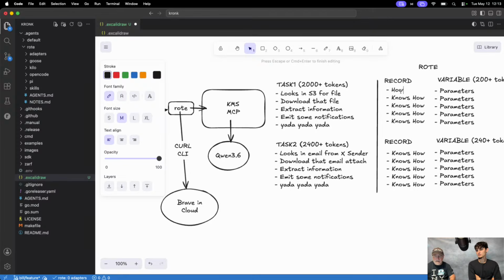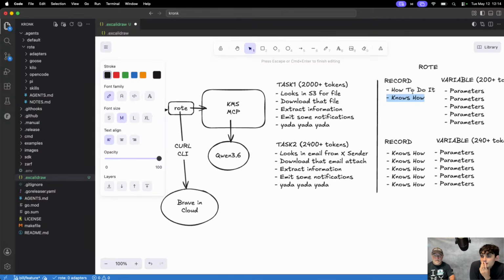Sort of how to do it, really, right? Like, that's what we're recording here, right? How to do it. It's more like instructions. Yeah. Well, we're going to look at what it's recording. So part of what I want to do here, I'm curious on how it stores it. Yeah, I want to go into a little bit more detail.